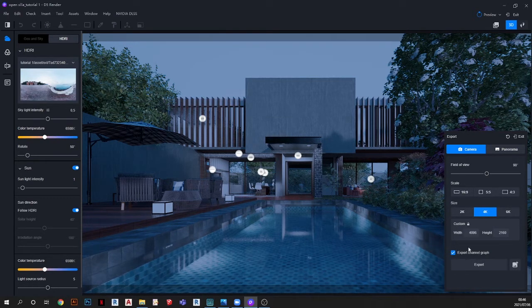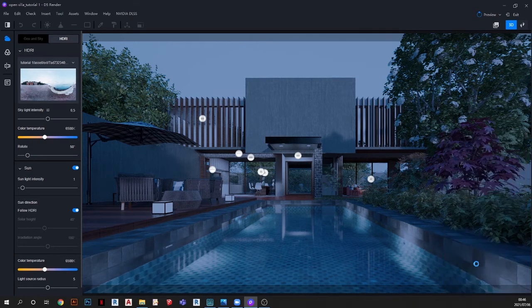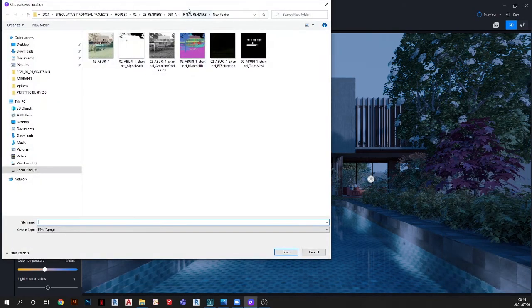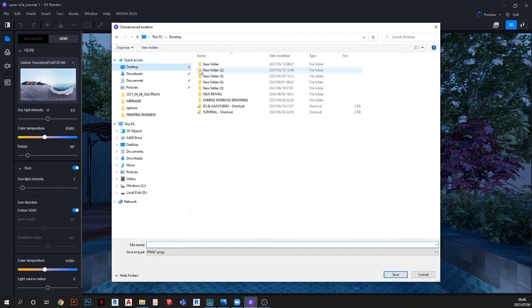And at the moment, we don't need any of these channels. So the channels are like your reflection, your ambient occlusion, but we just need the image. We are not going to do any post render in Photoshop, so we don't need that. So we're just going to uncheck that. We click on the spot, and then we have our